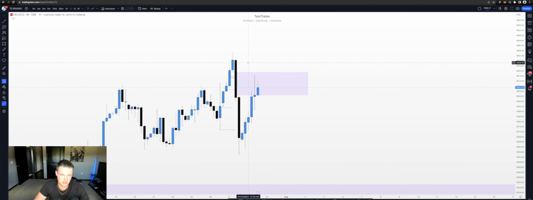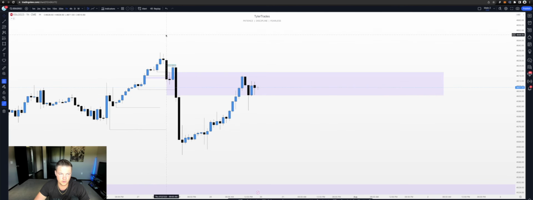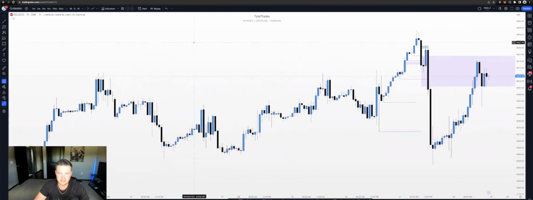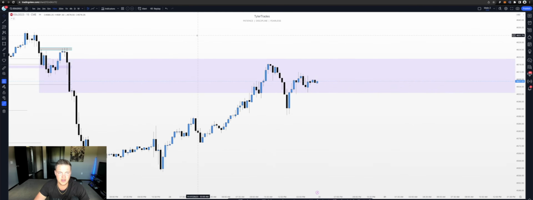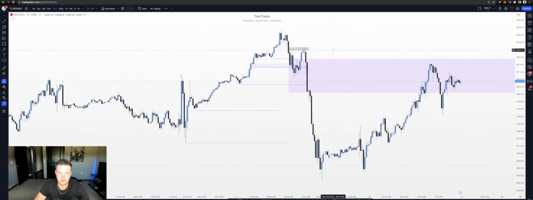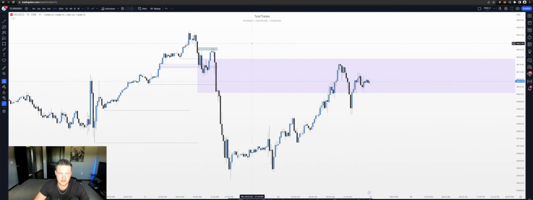and during PM session. So my bias really is important, and it's not relevant, I don't even form one until right before I'm about to trade. I look at the chart and I see where are we at currently, where have we been, and where do I think we're about to go next? What needs to be taken out next? What needs to be re-mitigated next? What needs to be rebalanced next? Those are the questions that I'm asking myself, because anywhere around that, anywhere before and after that really is not that important to me,